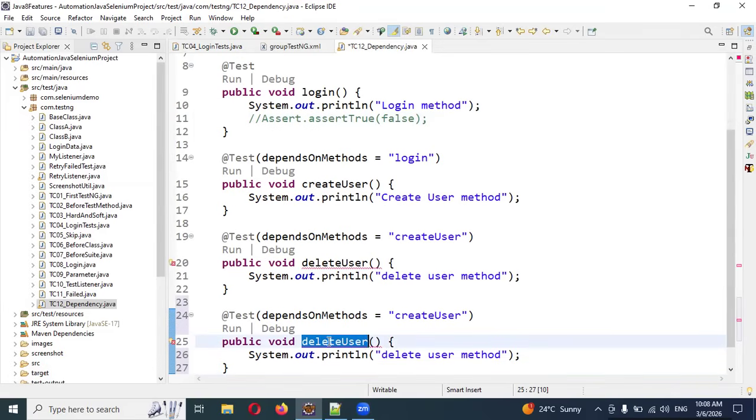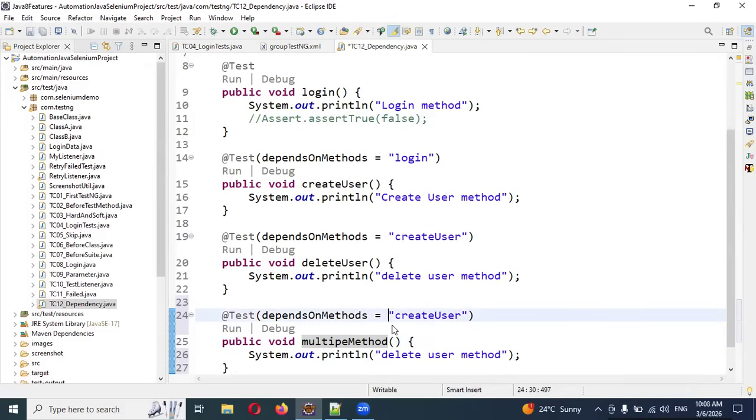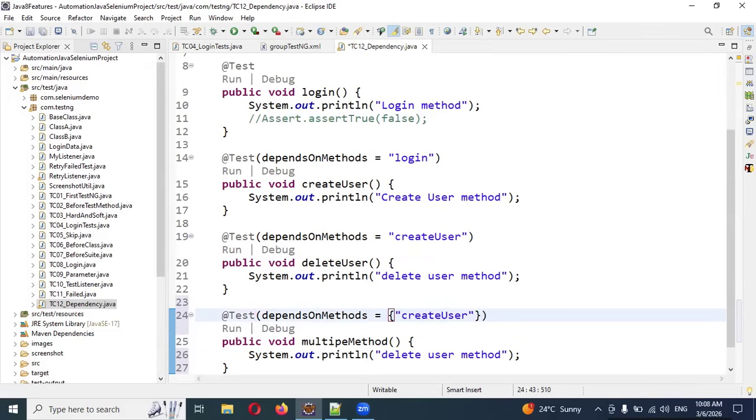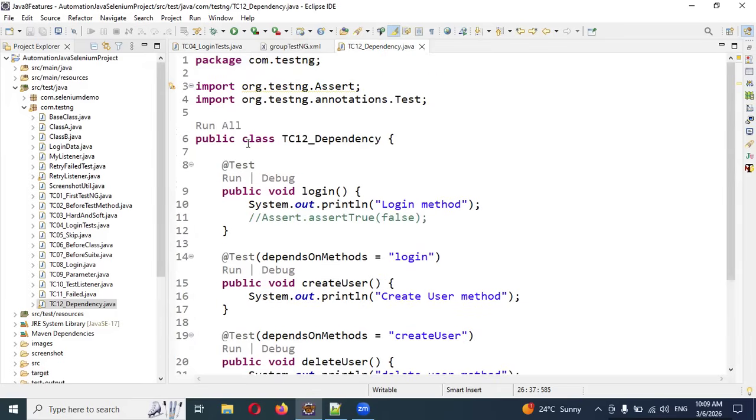I'm going to use it for multiple methods. Now here the dependency is there, and here I will use braces. Inside the braces, create user and login as dependencies. This method is required to run for login and create user. We can add multiple methods. Now if I run this one,